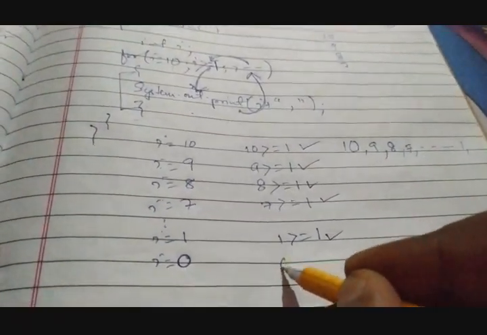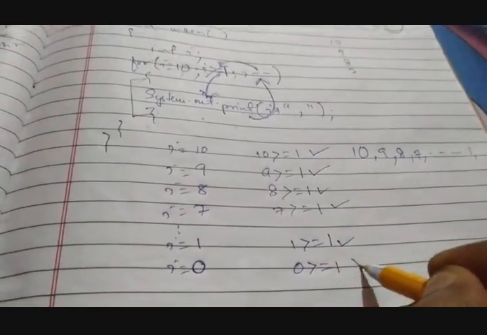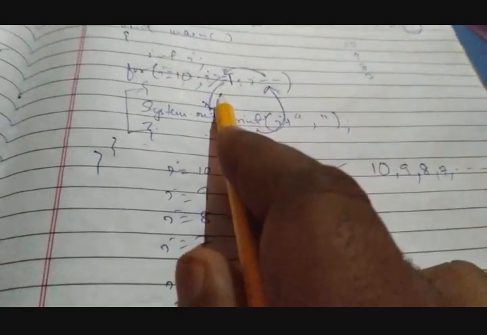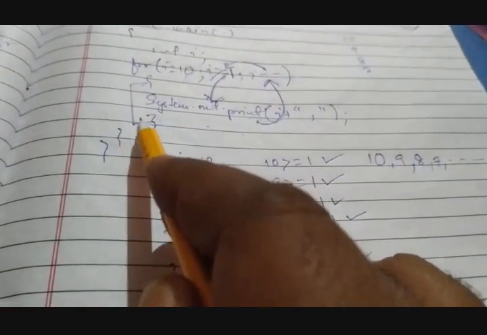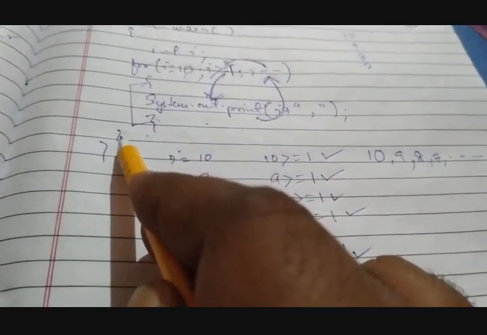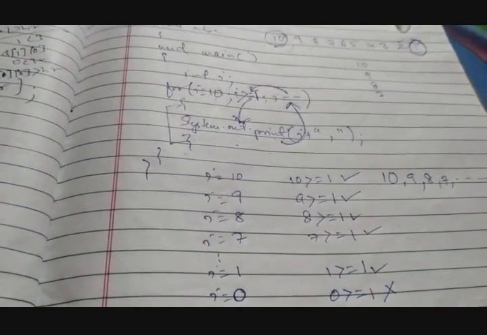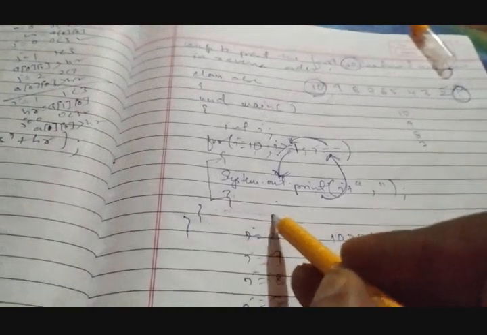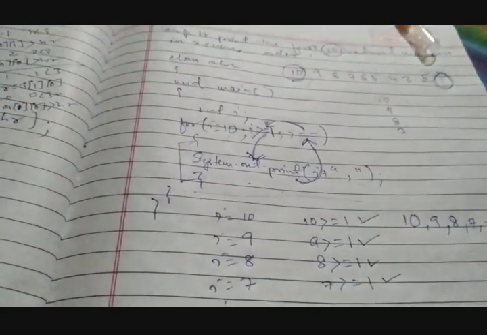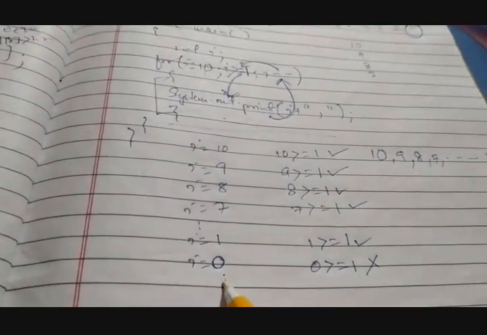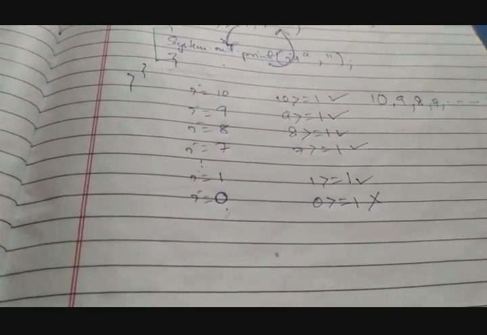Now 0 is greater than or equal to 1. False. It comes out of the loop. After coming out of the loop, it finds the close of main and the close of class, so it stops there. But suppose I put a statement here, System.out.println(i), then what will get printed? This 0 will get printed and only then does the program stop.